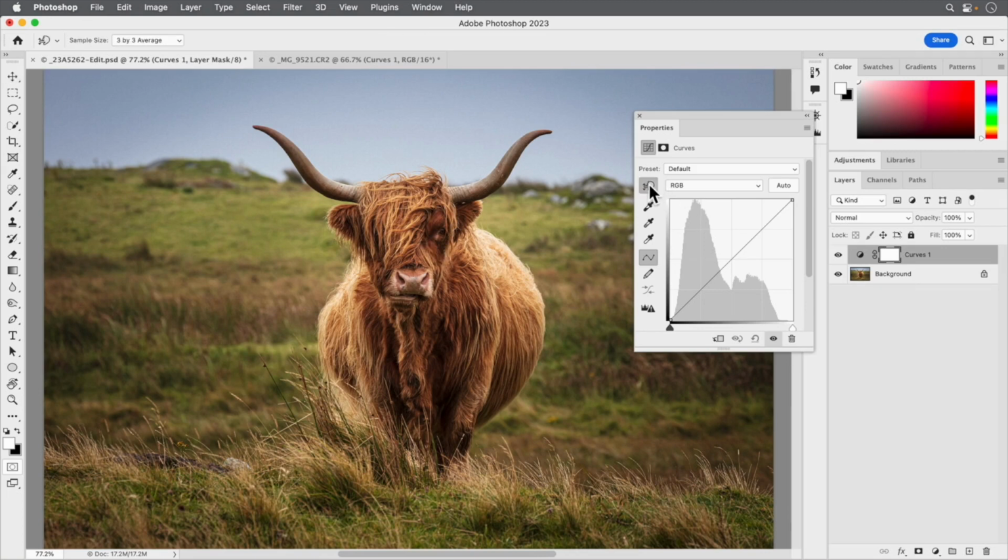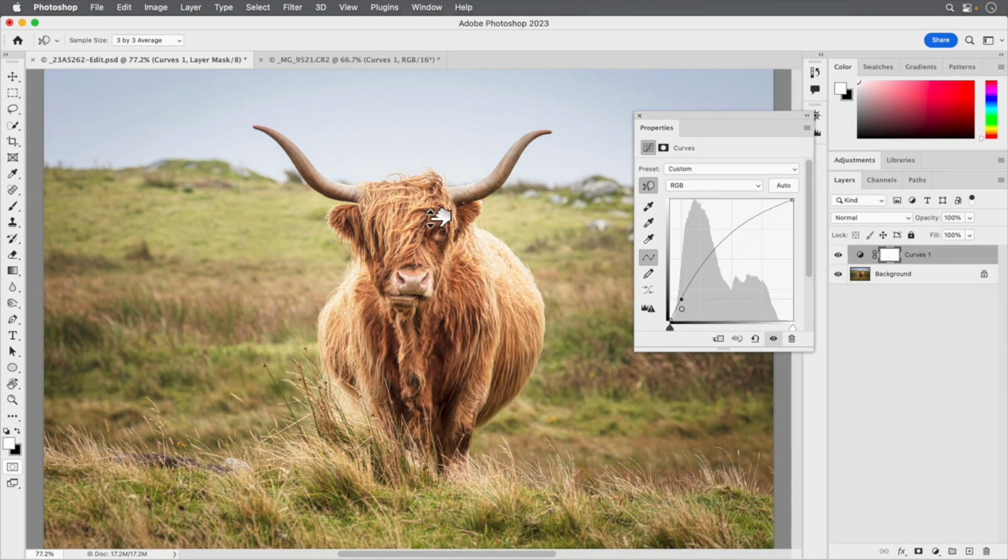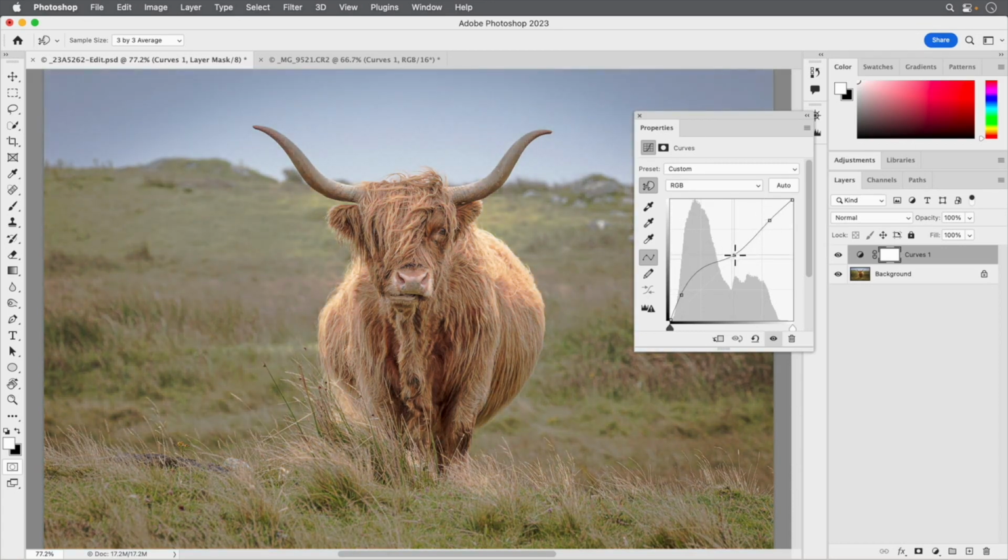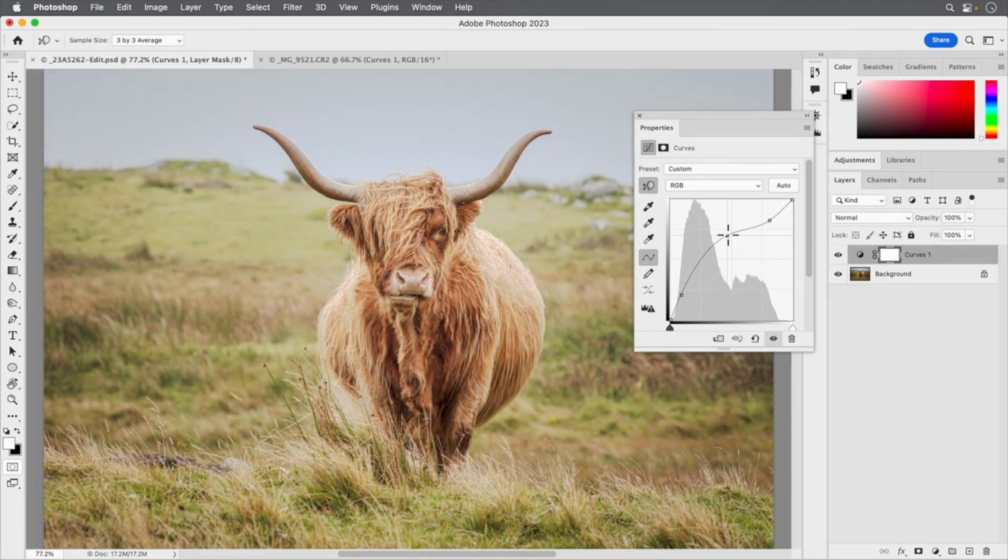Unlike levels, we have a targeted adjustment tool. I can click on that hand and then move over the area of the image that I wish to affect. As I do so, you'll see a bouncing ball appear on the curve. That indicates the tonal region that is beneath my cursor. So I'm going to click there and then drag up to add more light. Rather than try and tame the curve by adding in stabilizing points at the top, which as you can see is prone to some rather nasty results,